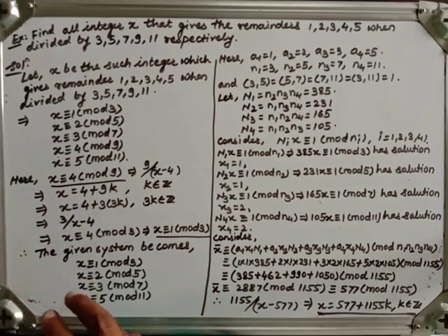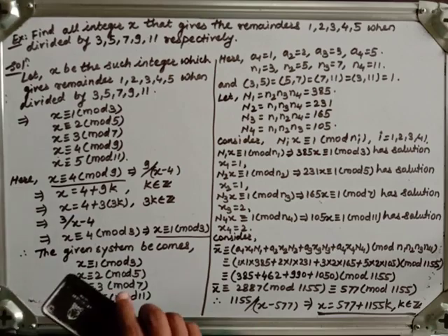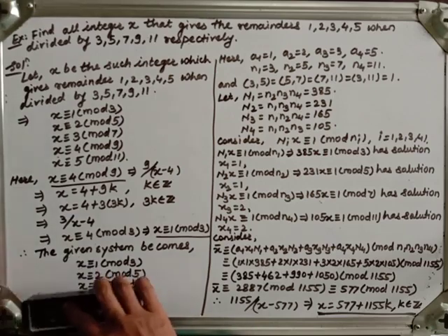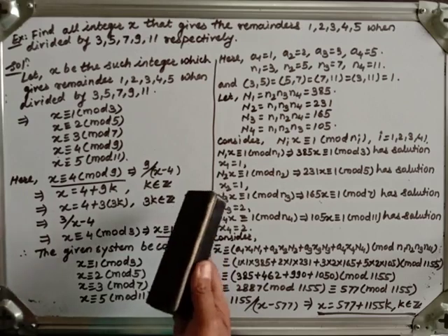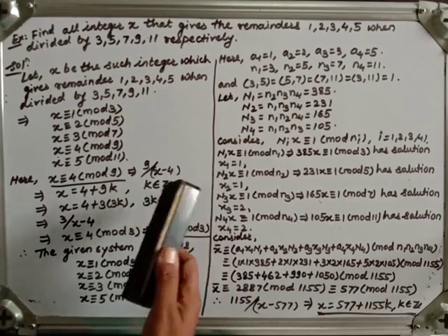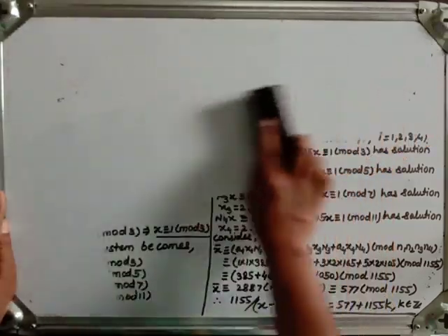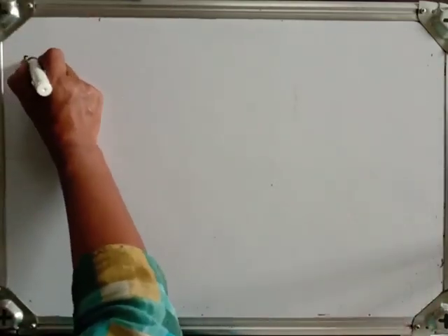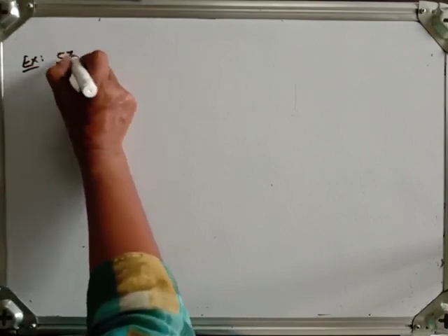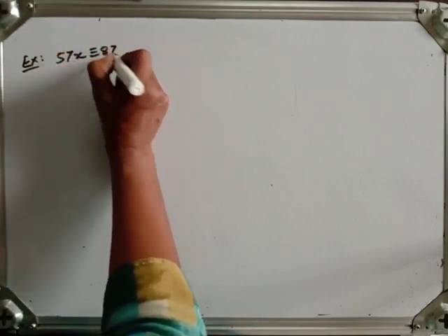In the next video we will start the next chapter. Now before going towards that, let me give one example as homework to you. You have to solve that one either using linear congruence or using the Chinese remainder theorem. Let me give a hint for solving it using the Chinese remainder theorem also. The example says 57x congruent to 87 modulo